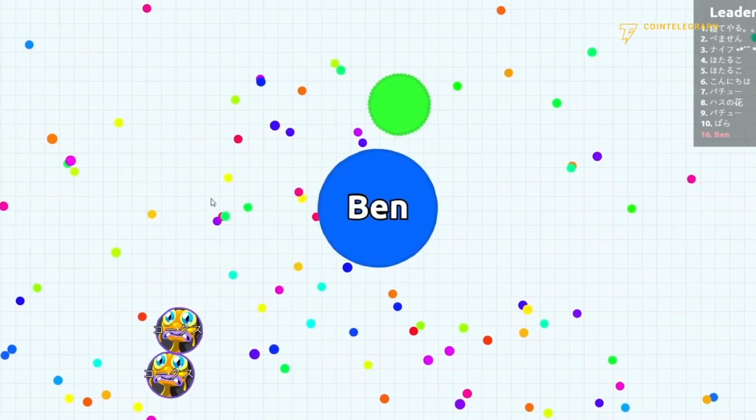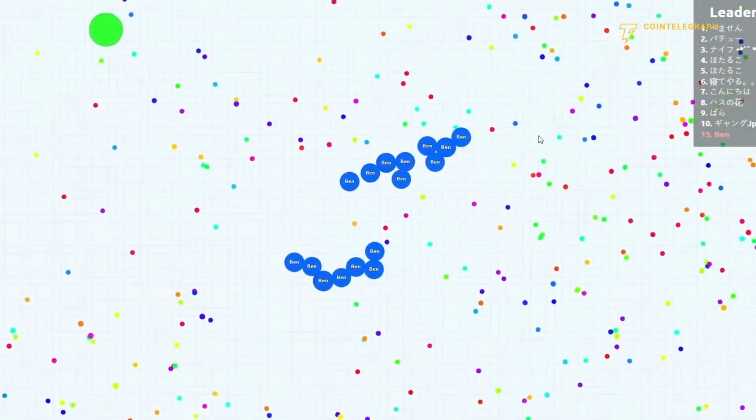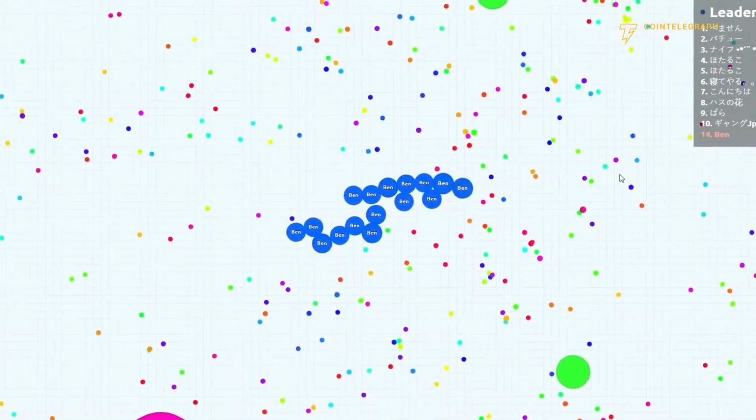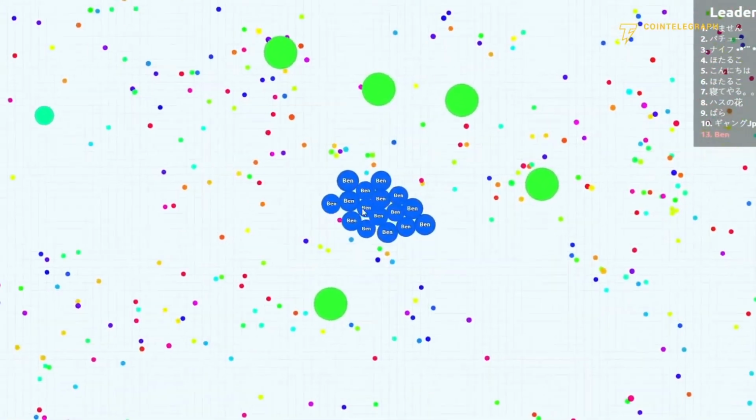But the big internet bubbles aren't only eating up data, they're also eating up each other. In Agario, there is a mechanic that lets you split your bubble in half so you can move more quickly and eat up more bubbles. Even though you now have two bubbles, they're both owned by you.